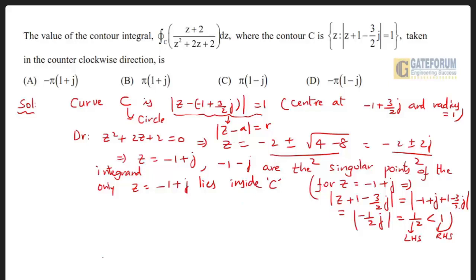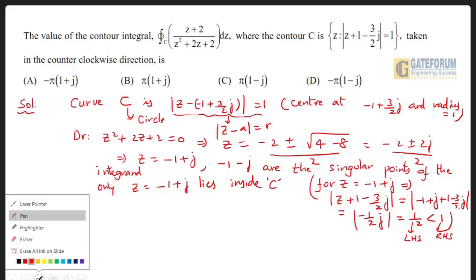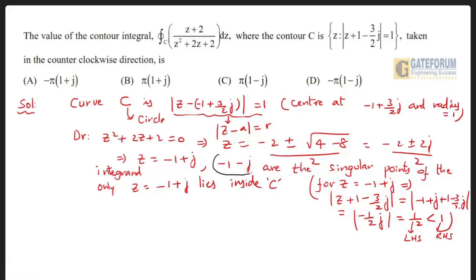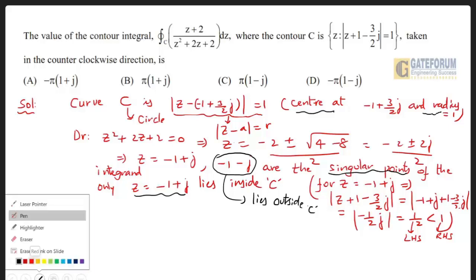Now you can check that this point lies outside C, just like here, you can show that. Okay, so this is the center and the radius. These are the two singular points. Only this one is inside. Therefore,